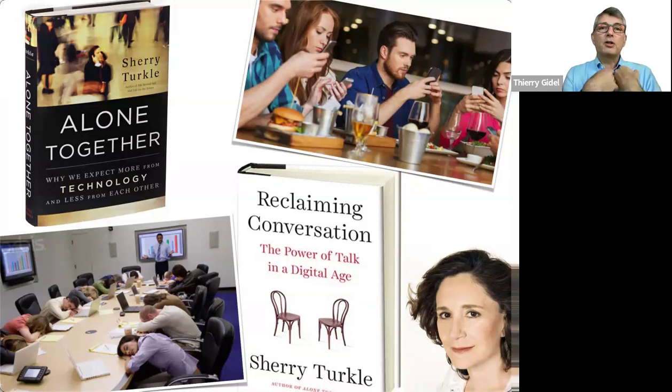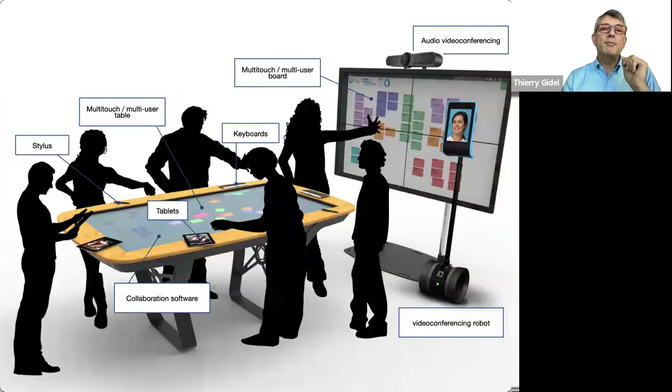Transitioning from our personal screen, whether on computer, smartphone, or tablet, to shared interactive surfaces presents significant challenges. This shift represents a fundamental change in how we approach digital interaction and collaboration. To address this challenge, we develop new technical solutions, both in hardware and software, along with new methodology for collaborative work. Our platform is designed to facilitate